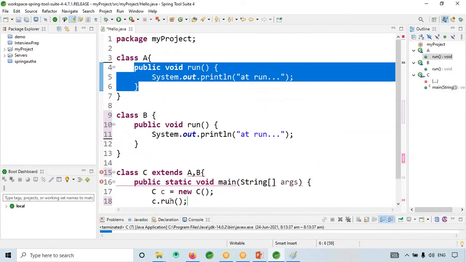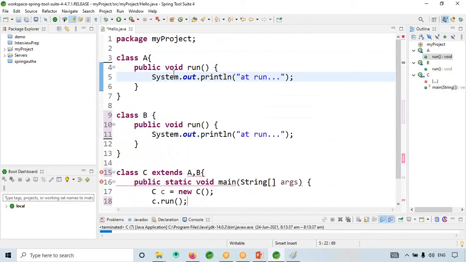But through classes it won't support. Why? Because of this reason. Now there is a confusion. Which one can I call? Both A and B have run. That is the concept. Now what I will do, okay, this is about the